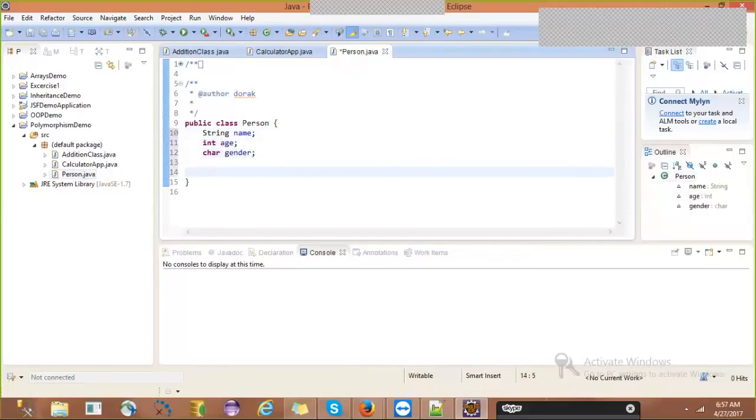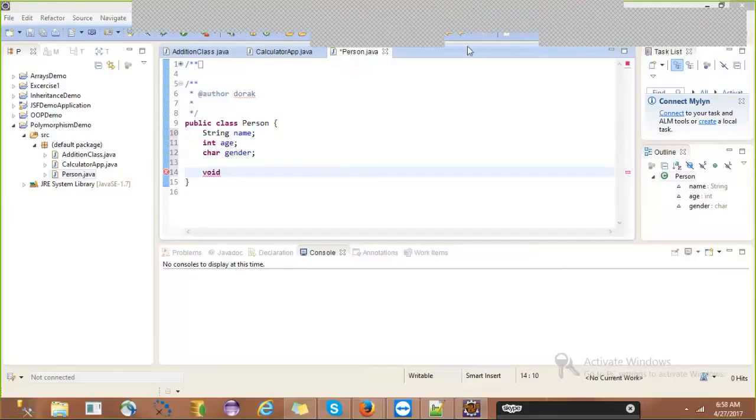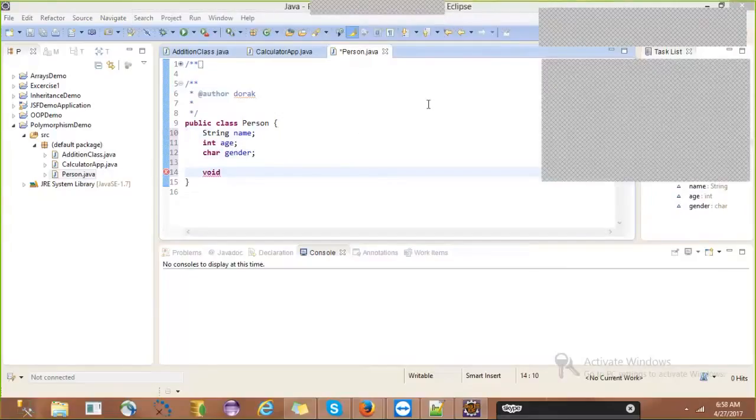Then what are the methods we need? Void. What is the method that we need here, guys? Yeah, tell me. Which method should I write? Set details. Actually in the person, what are the standard methods that we have written?